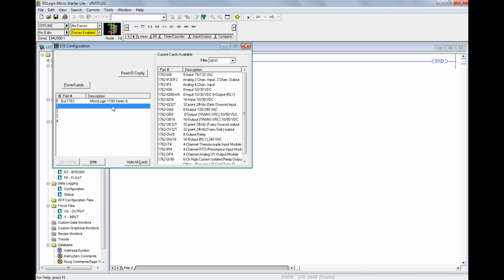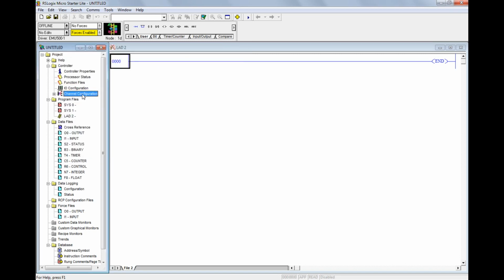If you need some extra IOs, you may add expansion modules. For example, if I click this, it will be added here. Like that you can do. I'm just going to delete this because I don't want it now. This is the IO expansion you can add according to your requirement.